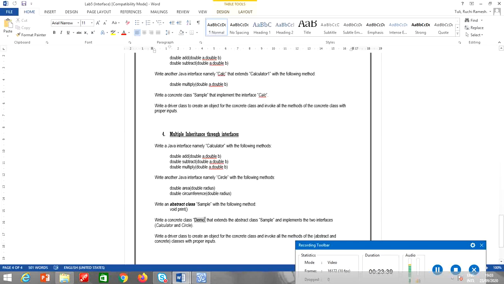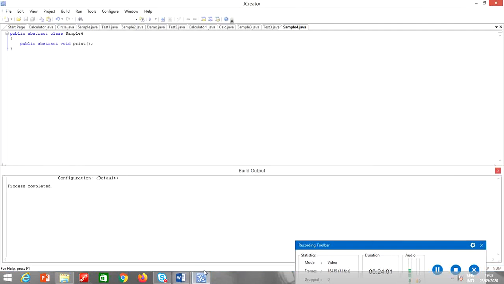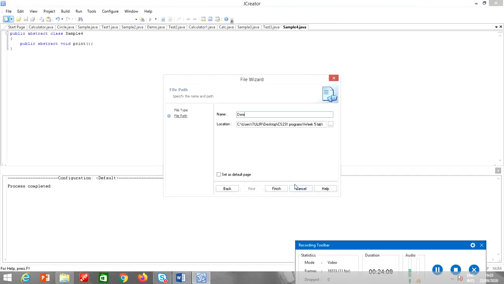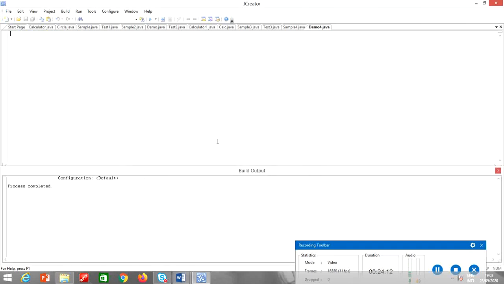Now let's create a demo class which is my concrete class, and it extends from the abstract class and it implements the two interfaces. So we are going to use multiple inheritance. That means it is inheriting from the class as well as implementing the interfaces. So I will name the class demo4. Public class demo4 extends sample4